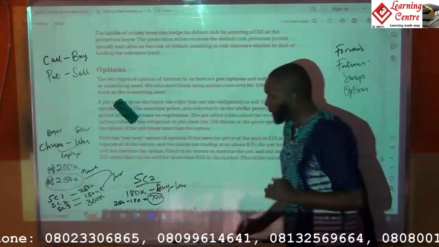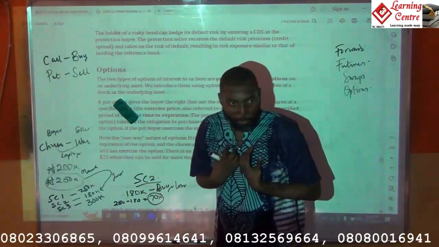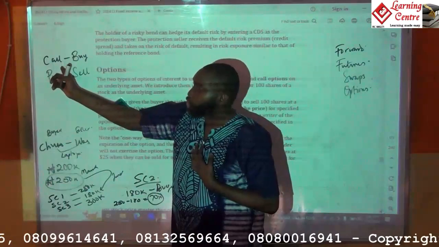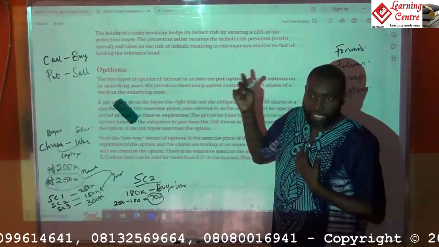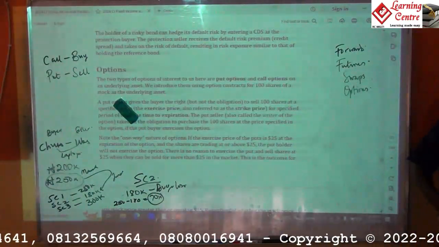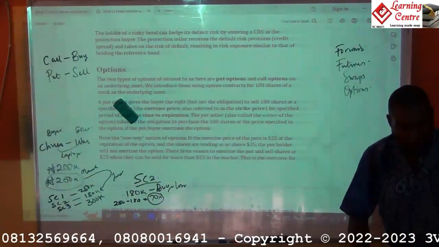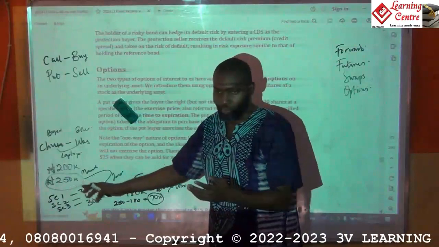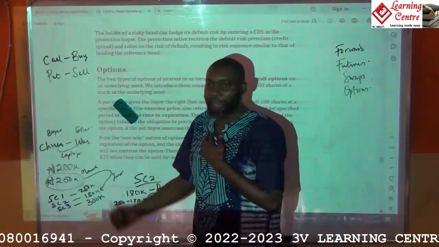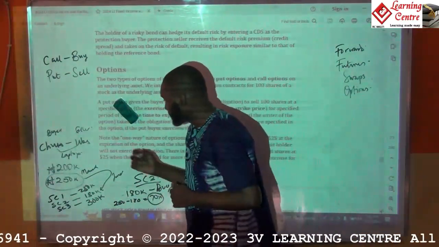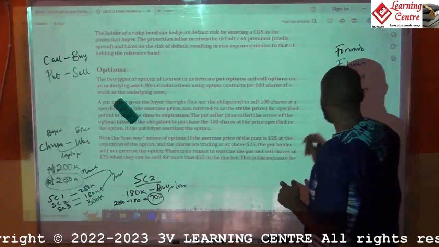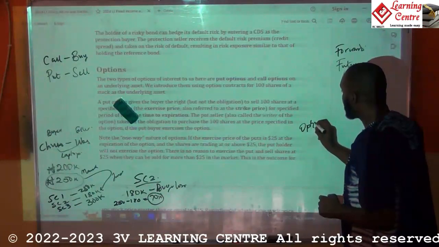So what does the option say? I'm the buyer, right? So meaning I'm going to buy a call option. Remember I said a call gives me the option to buy something. So because I know I'm going to buy something from West, I will now go and buy a call option and say, okay, what does that option mean? That option is, let me write it down. That option says,